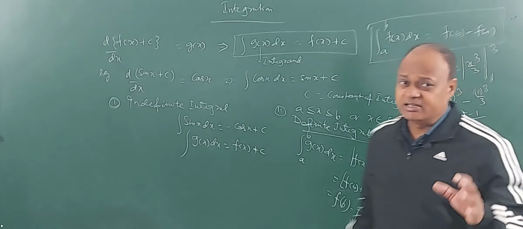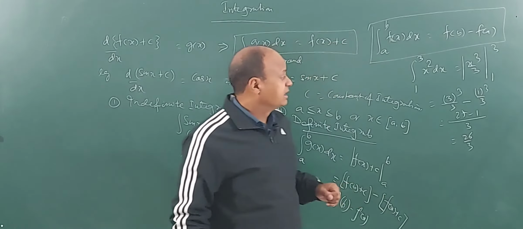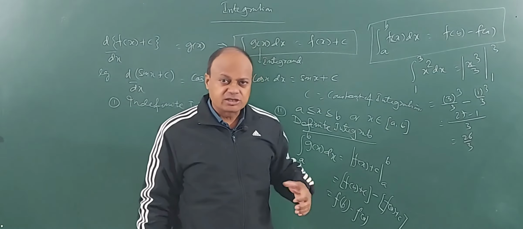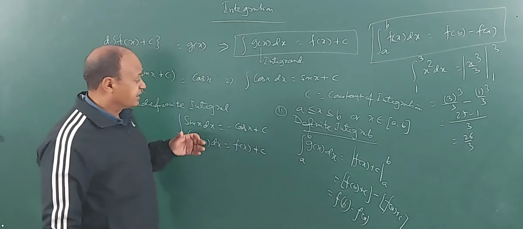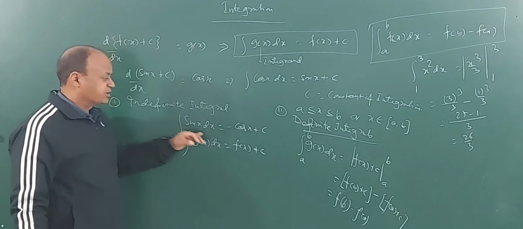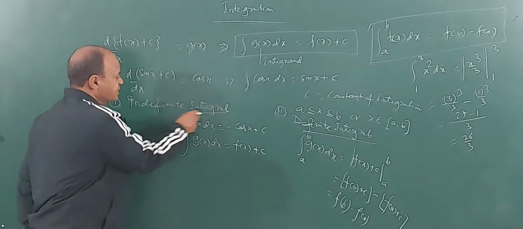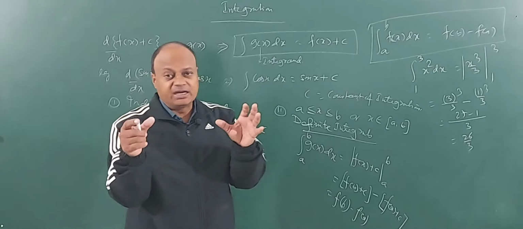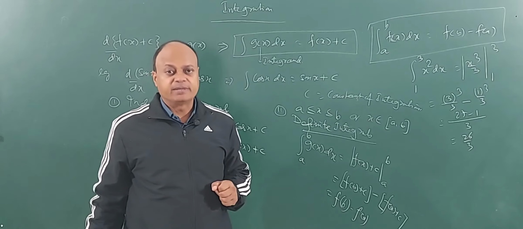So we can very easily evaluate an integral if the limits are specified, and then of course there will be so many properties that will be coming across. So children, we understood that there are two types of integrals. One is indefinite, where the answer is left in terms of x, and then you have definite, where the answer is left in terms of specified limits a and b.